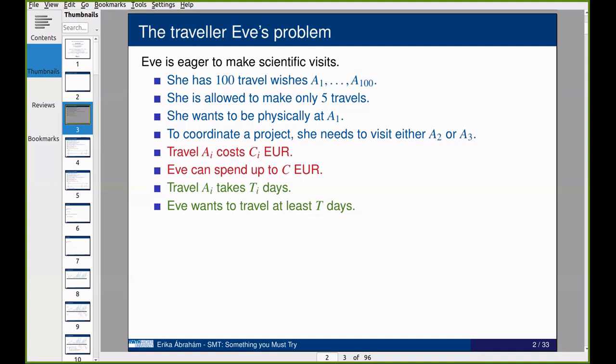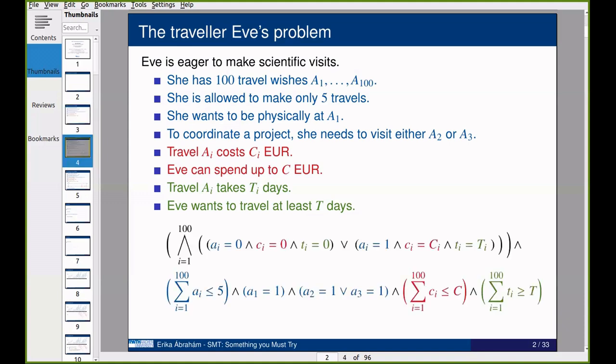And she has some projects, so she needs to visit one of the collaboration partners at A2 or A3. And she has some restrictions regarding cost and time. On the cost, each travel has a certain cost, which is fixed, and there is an upper bound on the travel budget, and each travel takes a certain number of days, and she wants to travel at least the lower bound of days. This is a typical combinatorial problem, which also involves numbers,